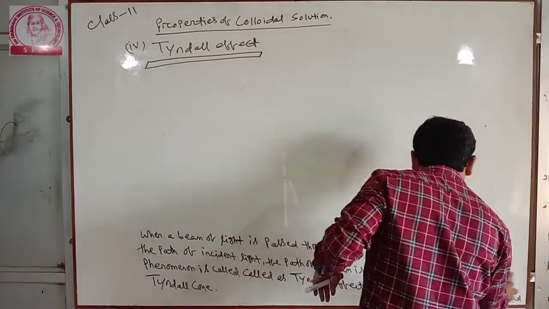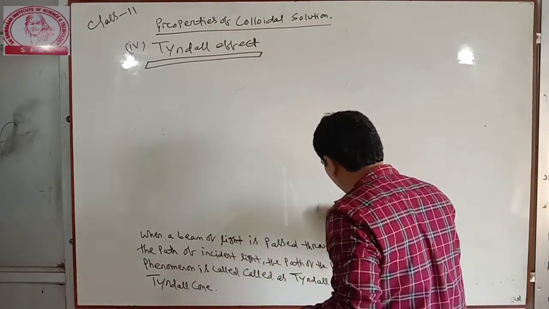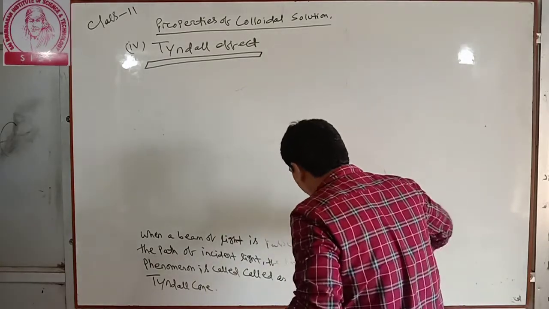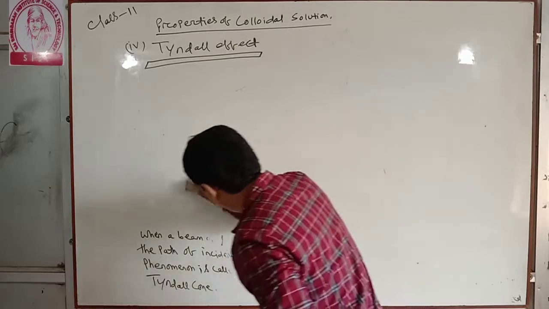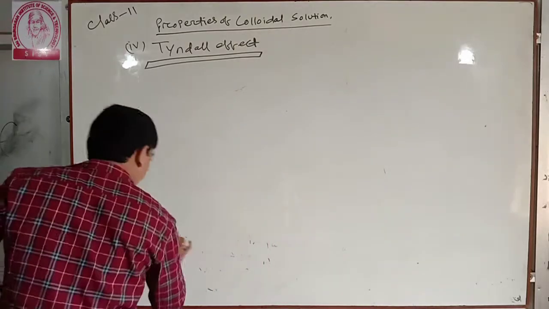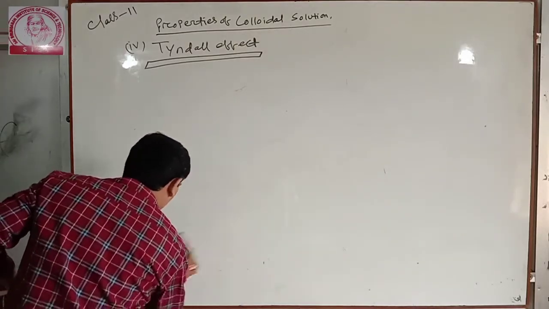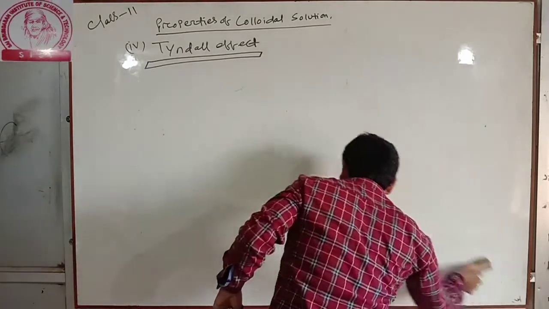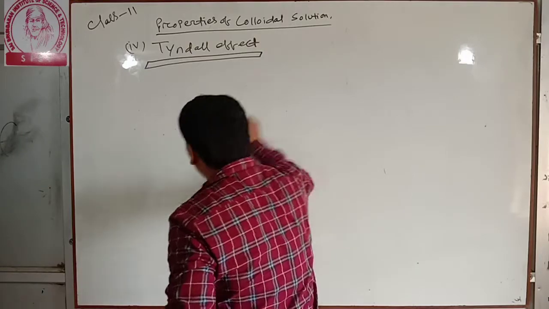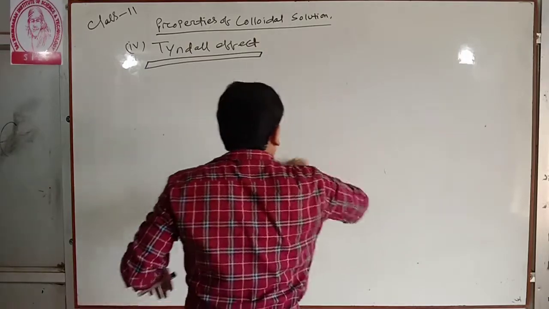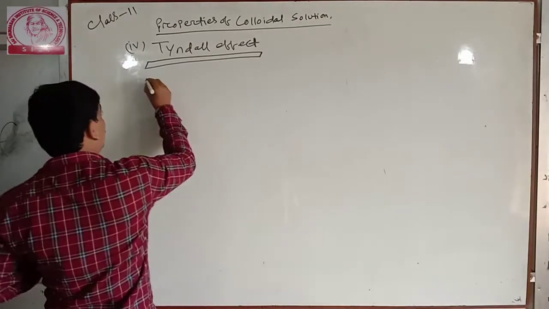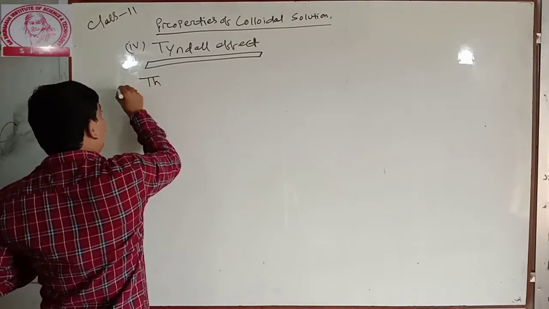When a beam of light is passed through a colloidal solution and viewed perpendicular to the path of the incident light, the path of the beam is illuminated by a bluish light, and the phenomenon is called the Tyndall effect, and the bright cone of the light that is observed is called the Tyndall cone. Next, another point: the Tyndall effect